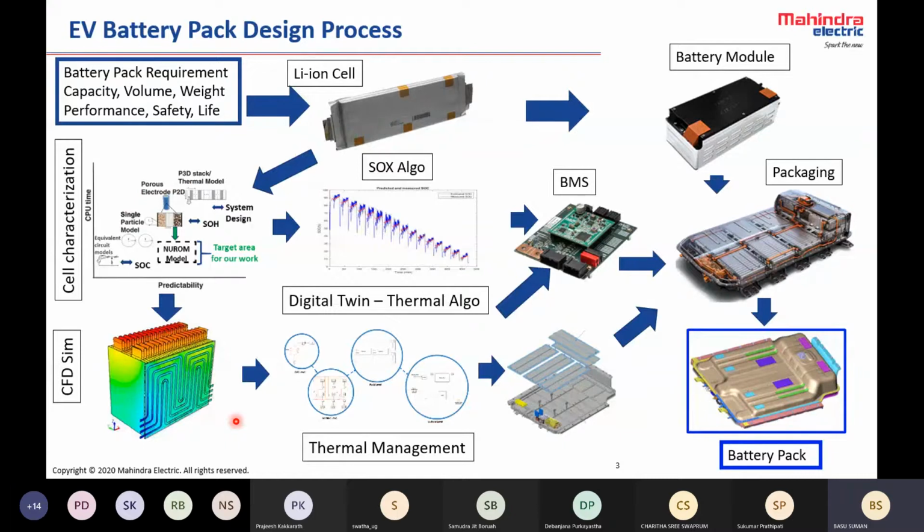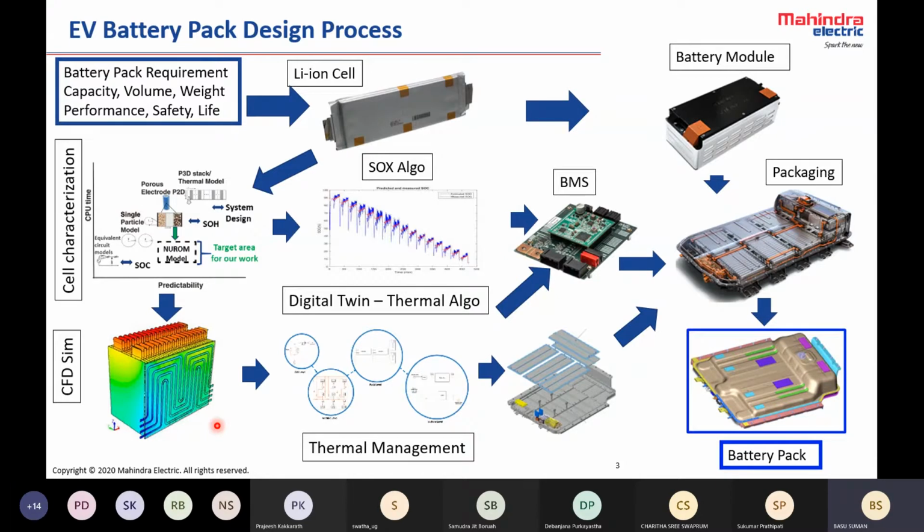There will be some times when the temperature is too high, so the battery needs to be thermally managed. And there will be sometimes the temperature might go too low. So at least in Delhi, it goes to about a minimum of 0. So it is still manageable with our present cells. But let's say someone goes to a little bit northern part of India, then it would require a heater also.